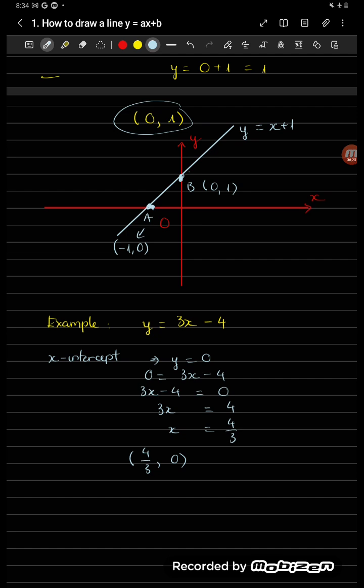Okay, so now we continue with the y-intercept. We just leave 4 over 3 as the x-intercept point there. We'll find another, nicer point later. But first we need to continue with the y-intercept. So y-intercept means x equal to 0. You just put x equal to 0 into the equation. Then you have y equal to 3 times 0 subtract 4,